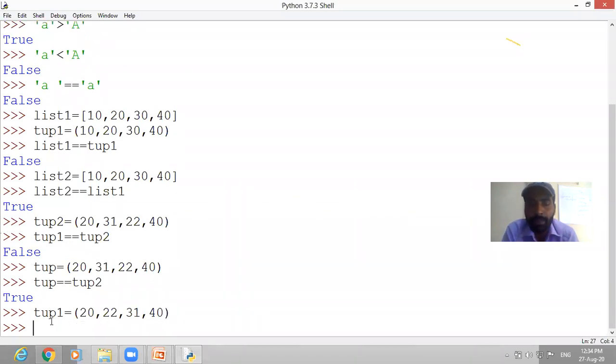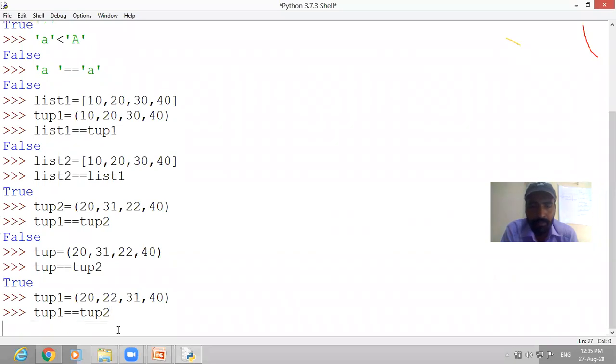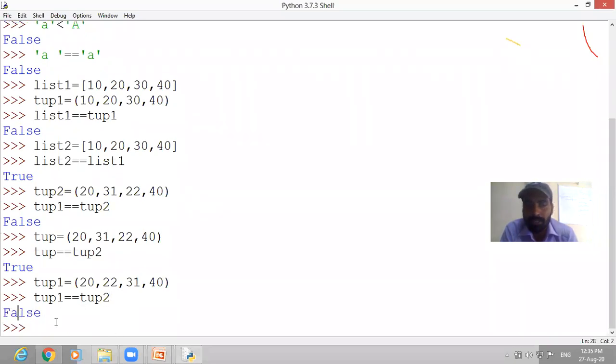Now if you compare tuple 1 and tuple 2, the values are the same but the order is different. In tuple 2 it is 20, 31, 22, 40, but in tuple 1 the values are the same but in a different order. So now also you will get the result false.